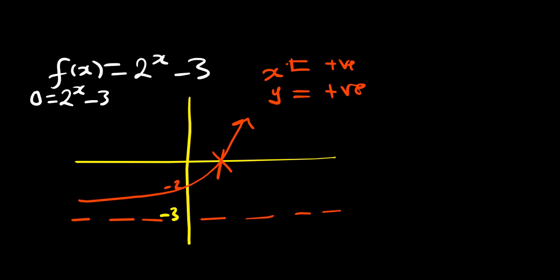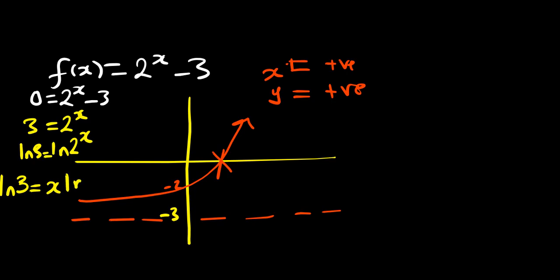So how do we find x? I'm going to take the negative 3 to the other side, and when I do that, I'm going to have 3 is equal to 2 to the power x. Now how do I find x? I'm going to introduce natural log on both sides. So I'm going to have natural log of 3 is equal to natural log of 2 to the power x. On this side, the x is going to drop. When the x drops, I'm going to have x